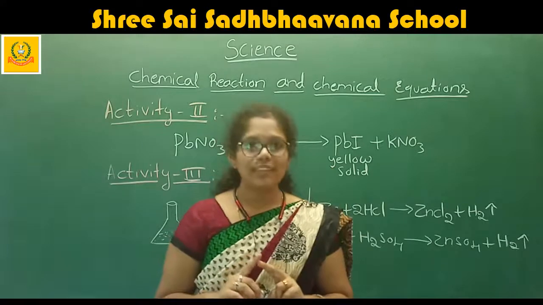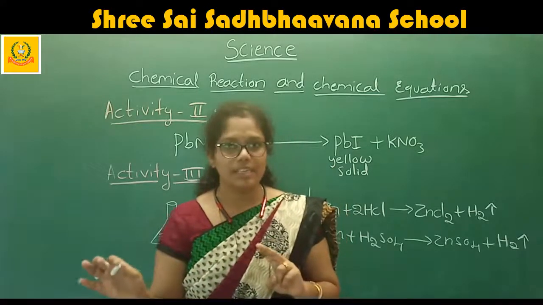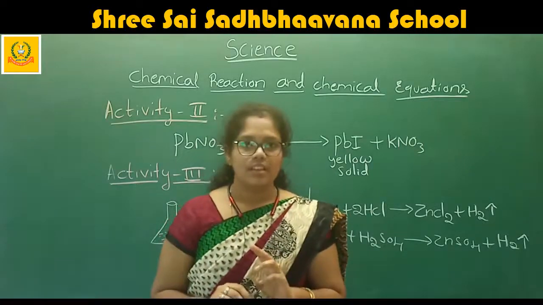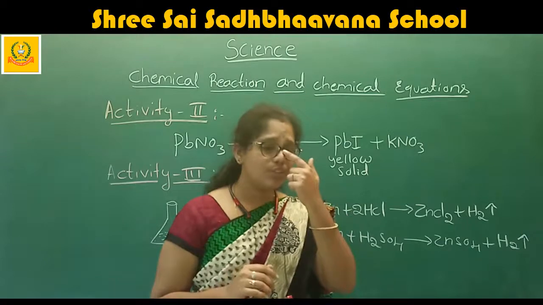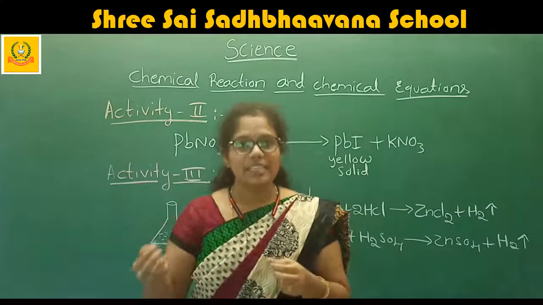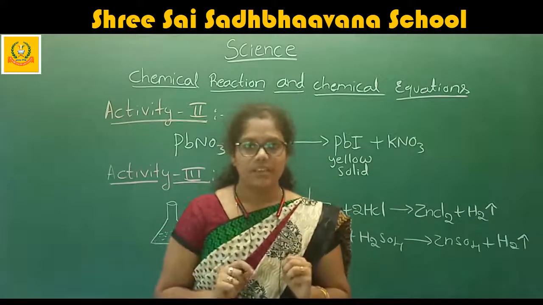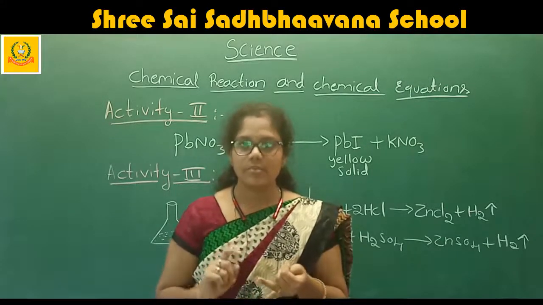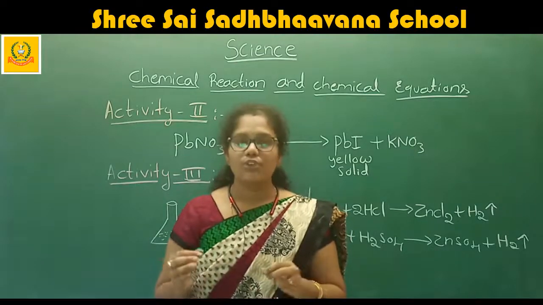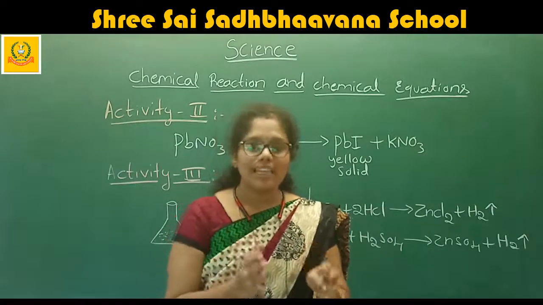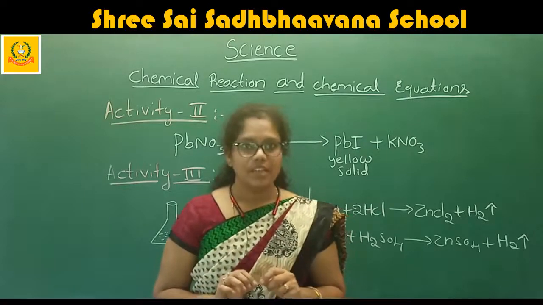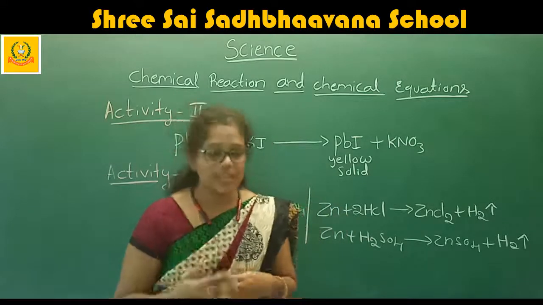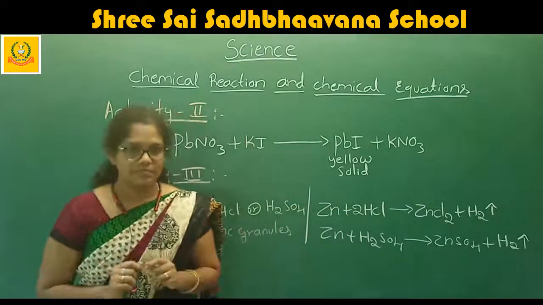Second step, you count the number of each element present in the reactant side and in the product side. Step 3. Now you see which element has the maximum number. Consider hydrogen is the maximum, you take the hydrogen, or oxygen is the maximum number, you take the oxygen. Like that, you take the element with the maximum number in the chemical reaction. Then first you balance that element. Whichever has the more number, you balance that element first.